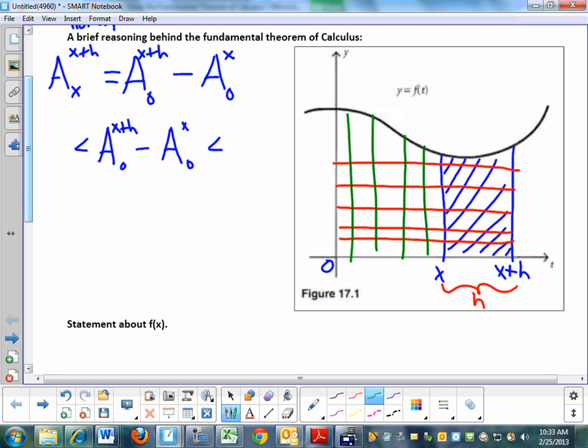This area right here, it's not a perfect rectangle, is it? Okay, so I'm just going to make one rectangle, and I'm going to make a rectangle that's going to underestimate the area. What's the height of that rectangle? Y, which is f of x. So the area of that rectangle, what's the width? H, what's the height? F of x. So would you agree that that's a slight underestimation? Okay, so h times f of x.